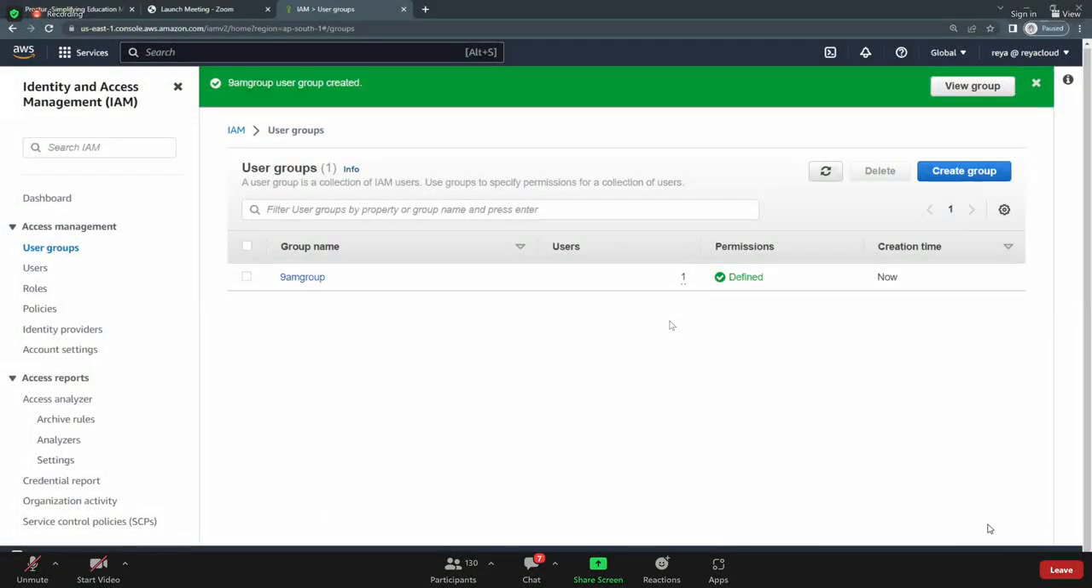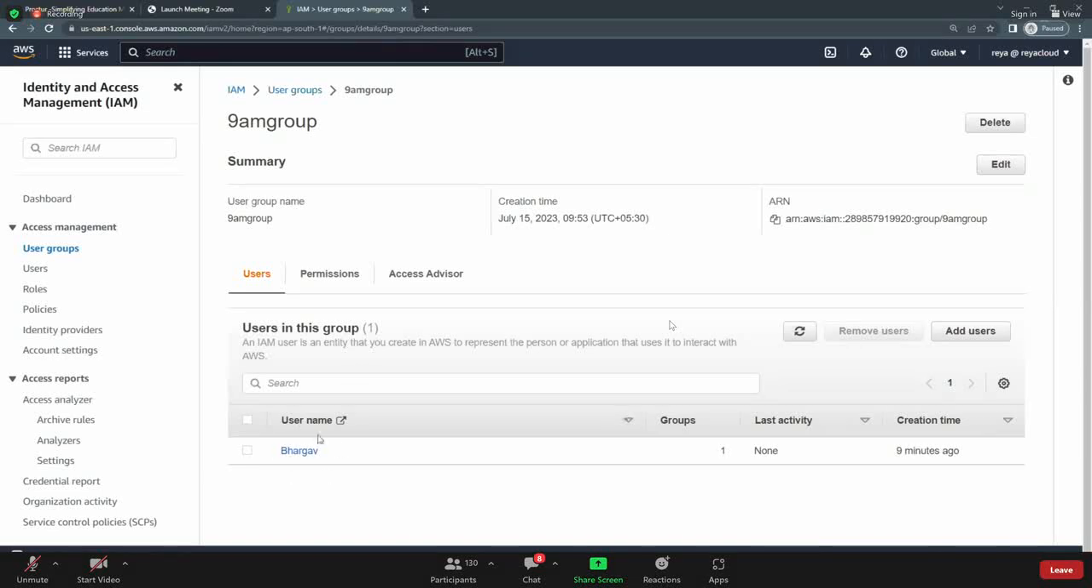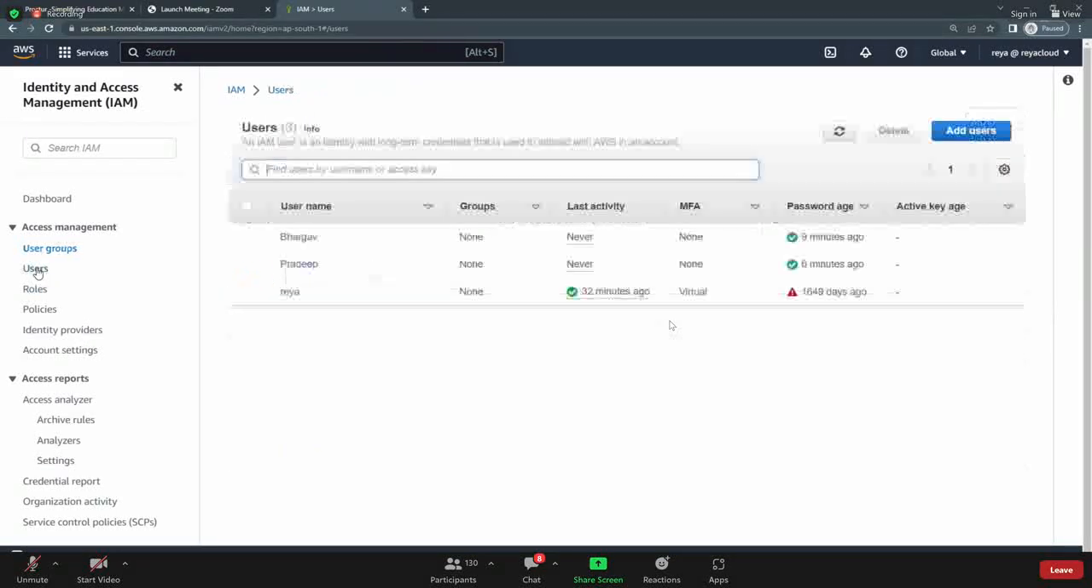So the group got created. Inside the group, who is there? Bhargav is there. So if you go to users also, if you go to Bhargav,